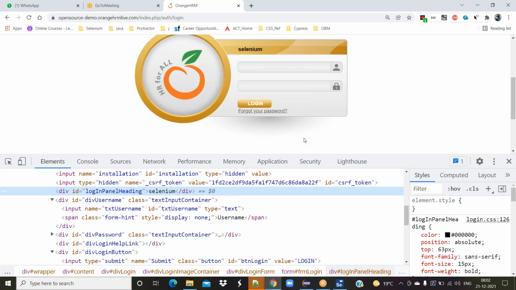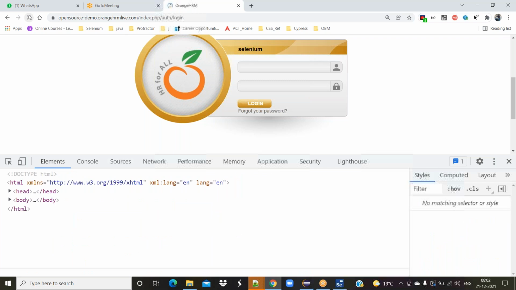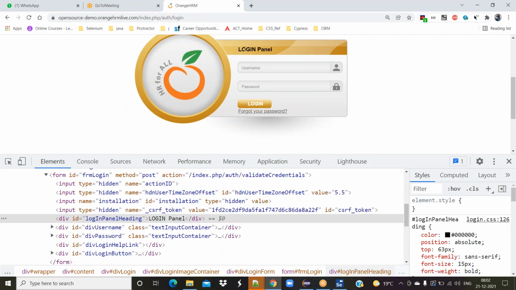Vivek, could you please explain the link text? Yes. Link text is nothing but the text which is there at the end of the tag. If you see here, this is a tag. At the end of the tag, you can see one text in between the greater than and less than symbols. We call it link text. This link text is exactly what is displayed on your UI. I just changed it, and if you refresh it, it moves back to login. Exactly what you are seeing on your UI is what is displayed here. The text which is linked to your tag is called link text.